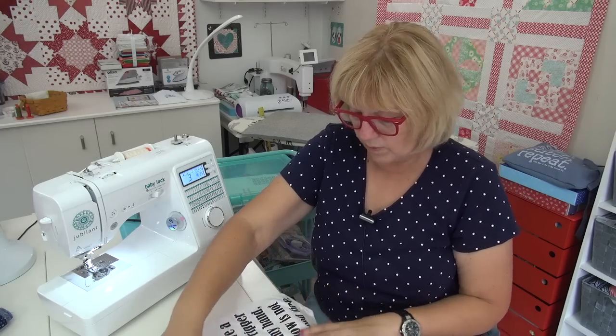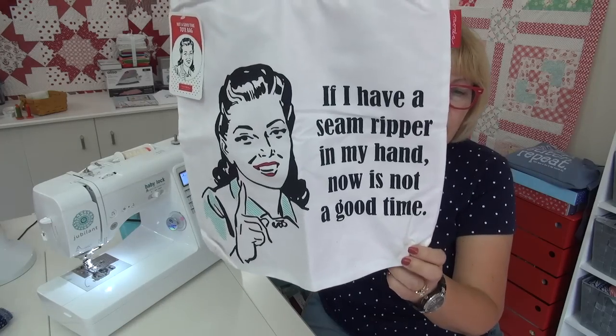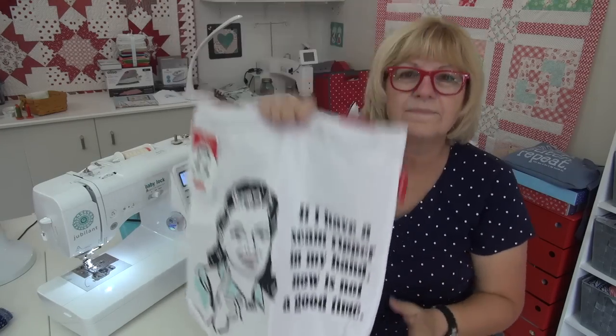Then the other thing I got, it just cracks me up. And it cracks me up because you all will understand this. Being in my group, if you're new to my group, I'll tell you about it. But here it says, if I have a seam ripper in my hand, now is not a good time. So you know,